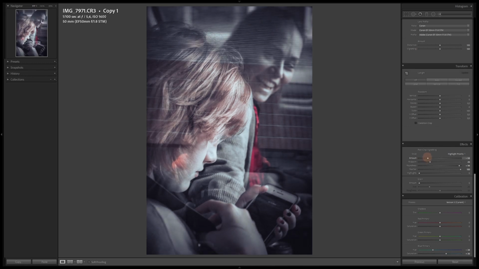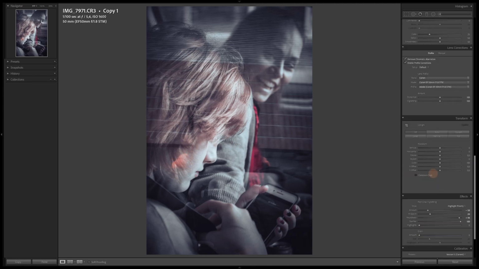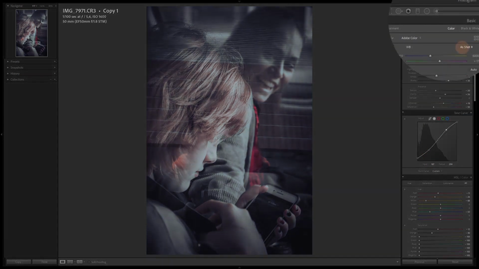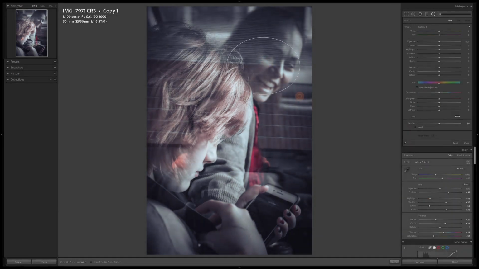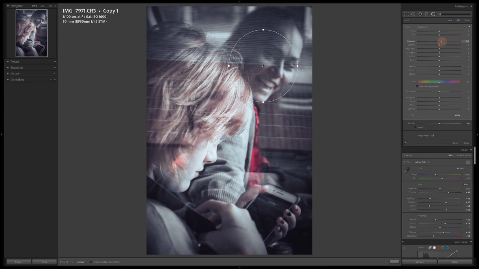-58. There are two minor things I would like to change on this image. I think we lost a little bit of focus on this one, as well as too much color distracting on the flare on the cheek. So to counter that, we are gonna add a radial filter. And I'm actually gonna increase exposure about half a stop, and I'm inverting it. That way I'm just adding it inside this circle.